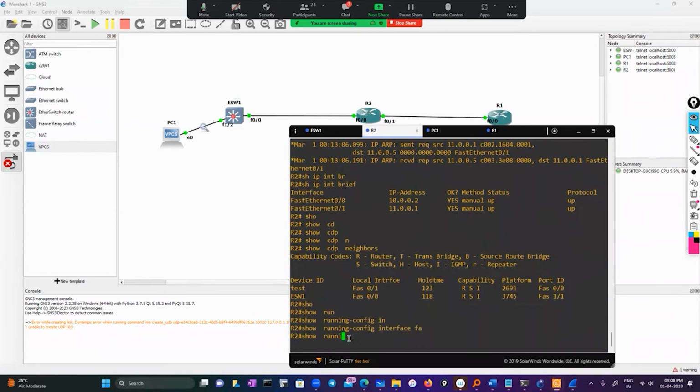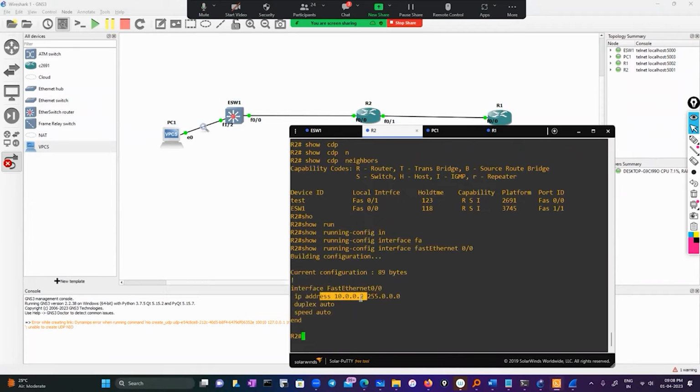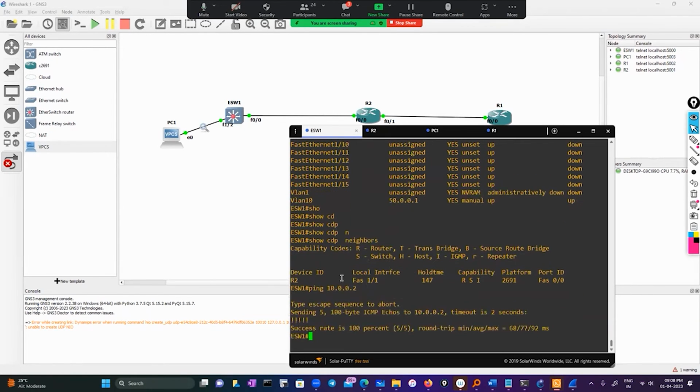Show run interface fast Ethernet 0/0. Okay, 10.0.0.2. Just for a quick check, let me ping 10.0.0.2 and I can ping now. Okay, so now